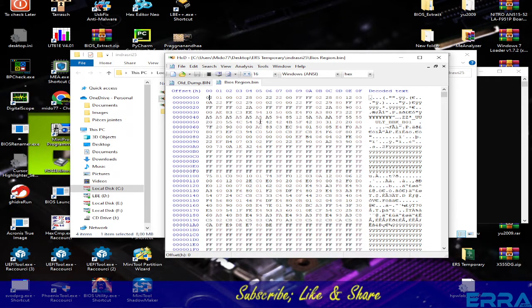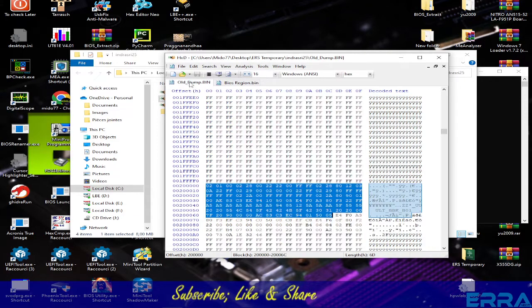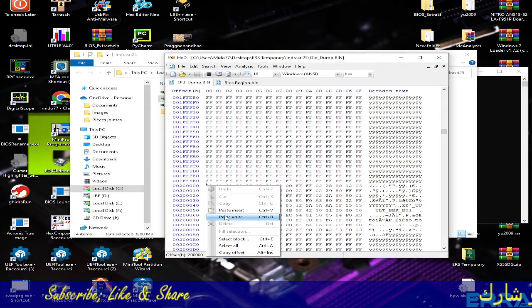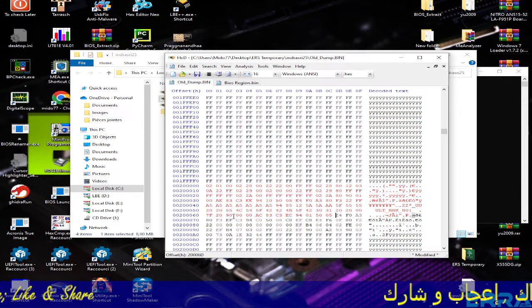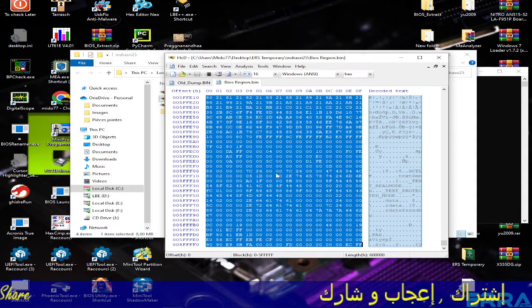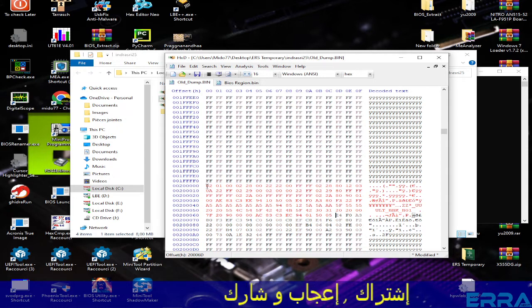We do Control A, we select the whole block, the whole file, and we go here. As we have said, this is the beginning of the BIOS region in the original dump. With the right click, we paste. No. Oh, yes, we didn't copy the block. We have to copy here, because what we have pasted is just the first lines